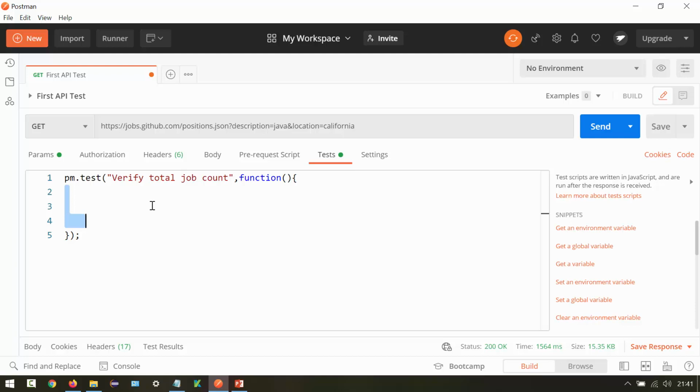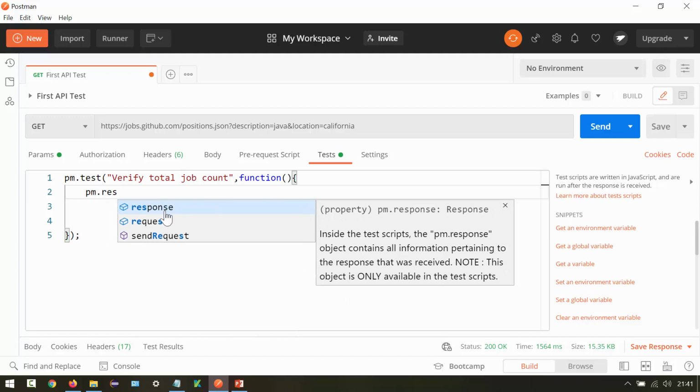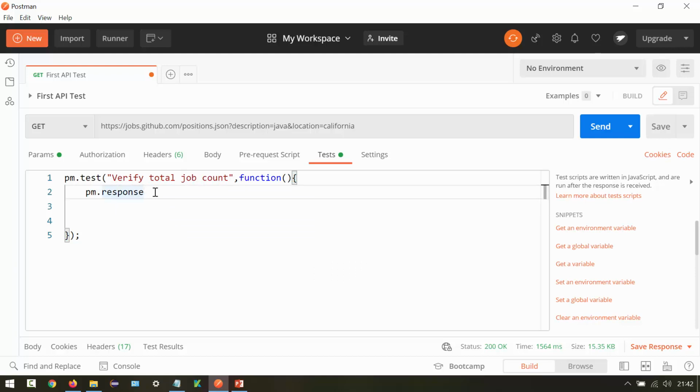Now inside the function we need to say pm dot. First we want to get the response, and then we want to do the required test on the response. So look for response. We have the response, and you can see inside the test scripts pm.response represents the response that was received. This is going to be our response, and we want the response in JSON format because our GitHub Jobs API is returning the response in JSON format.